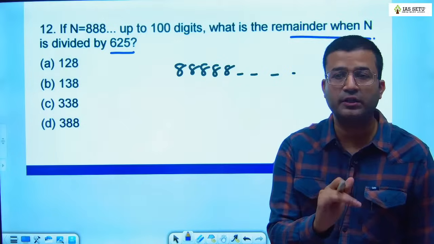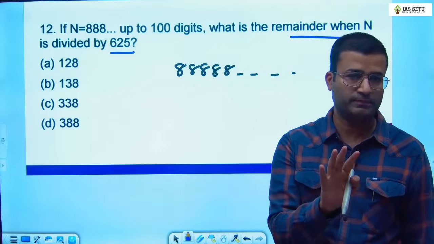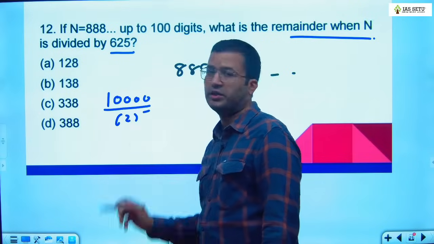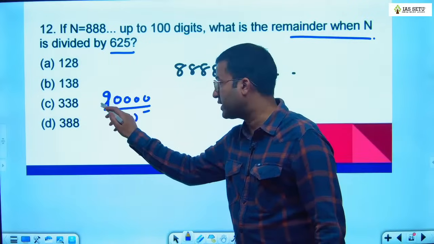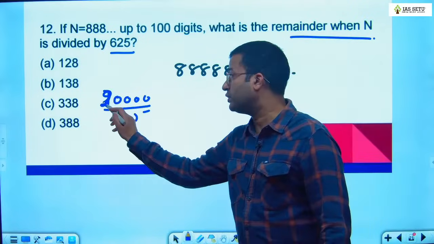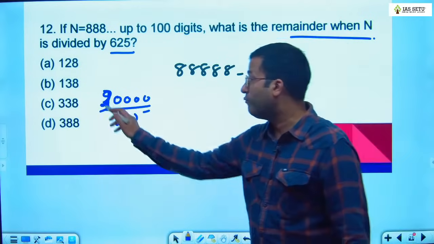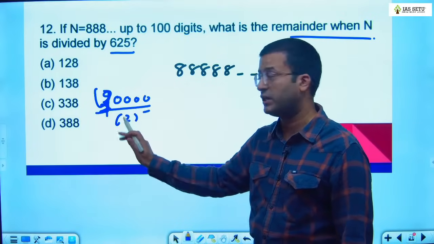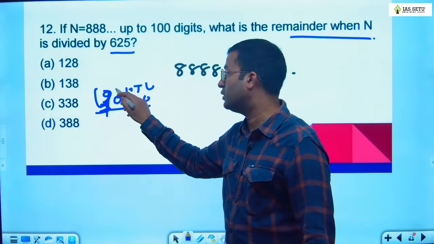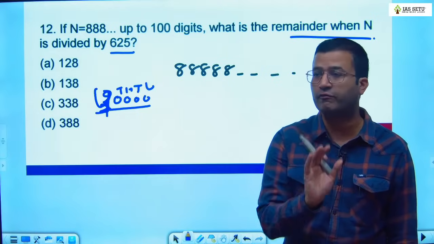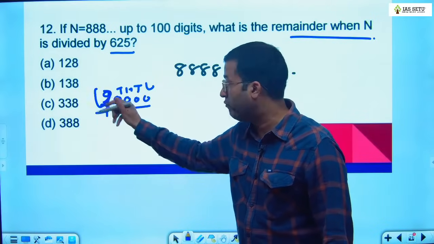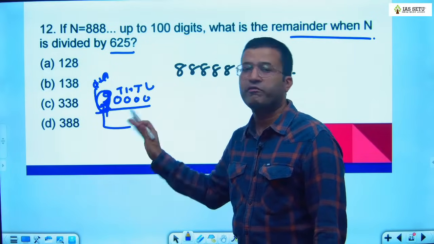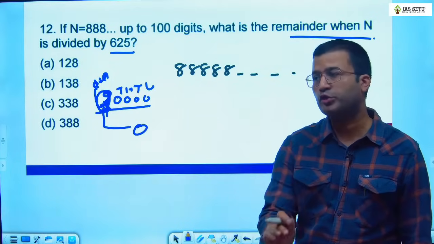I tell you 625 की divisibility last 4 digit. Why? Because 10,000 is exactly divisible by 625. 20,000 is exactly divisible by 625. 30,000 is exactly divisible by 625. 40,000 is exactly divisible by 625. मतलब इस डिजिट का कोई पंगा नहीं है। यूनिट प्लेस, 10 प्लेस, 100 प्लेस, 1000 प्लेस आर द डिसाइडिंग फैक्टर फॉर रिमाइंडर। तो 10,000 प्लेस में 1 से लेके 9 तक या 0 से लेके 9 तक कोई वैल्यू पुट कर लो, उससे कोई फर्क नहीं पड़ रहा, रिमाइंडर 0 आता है।